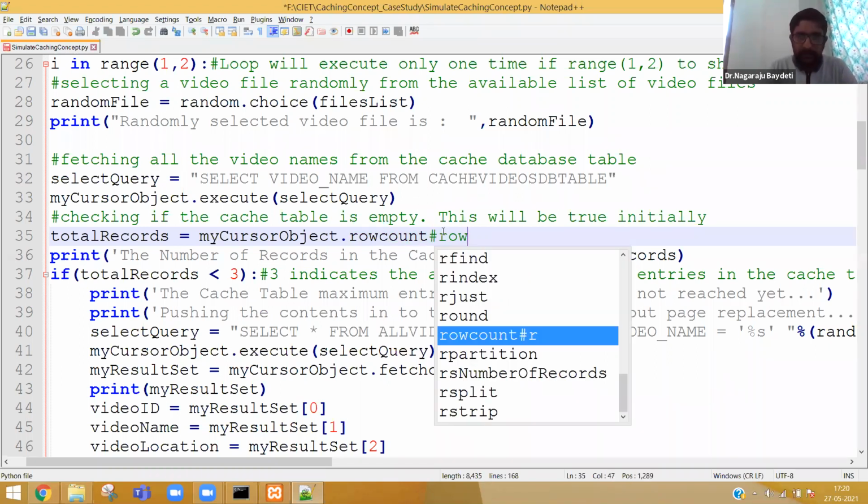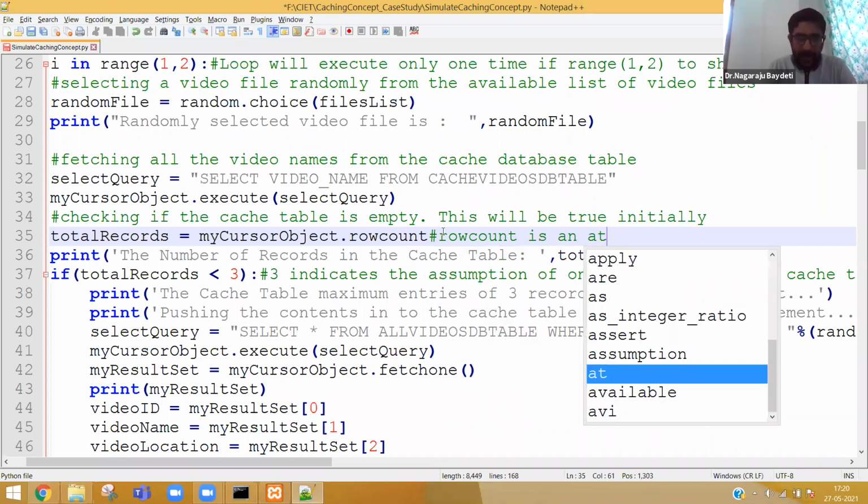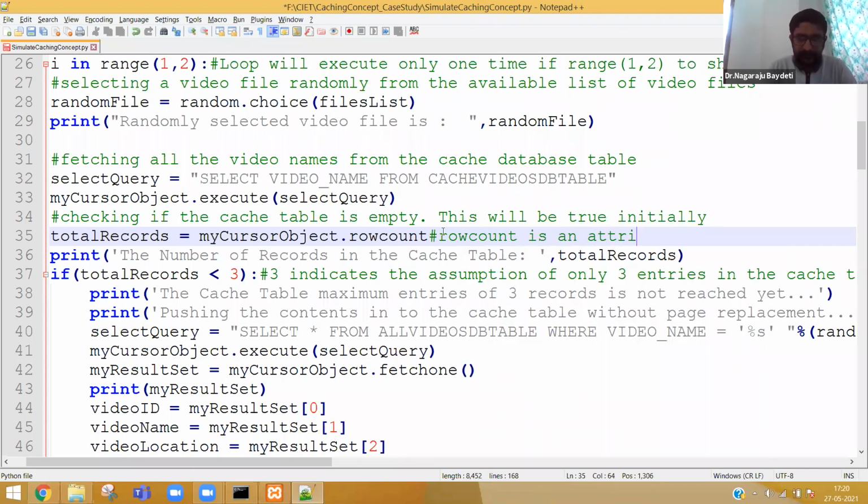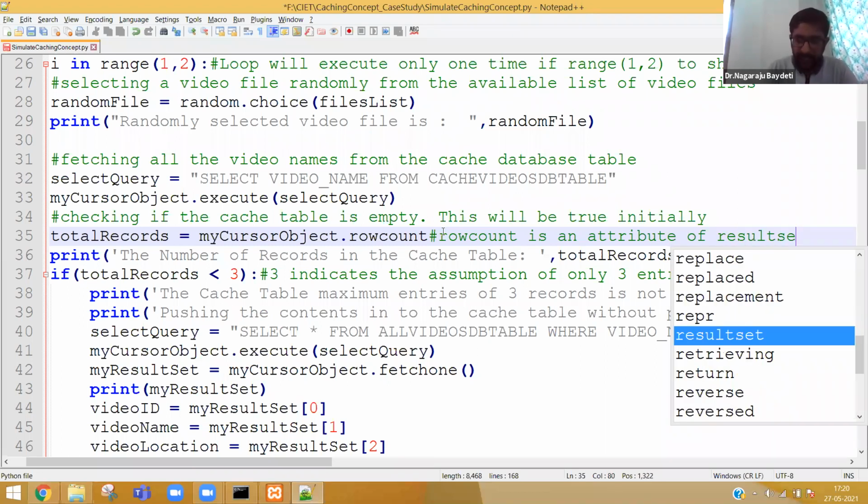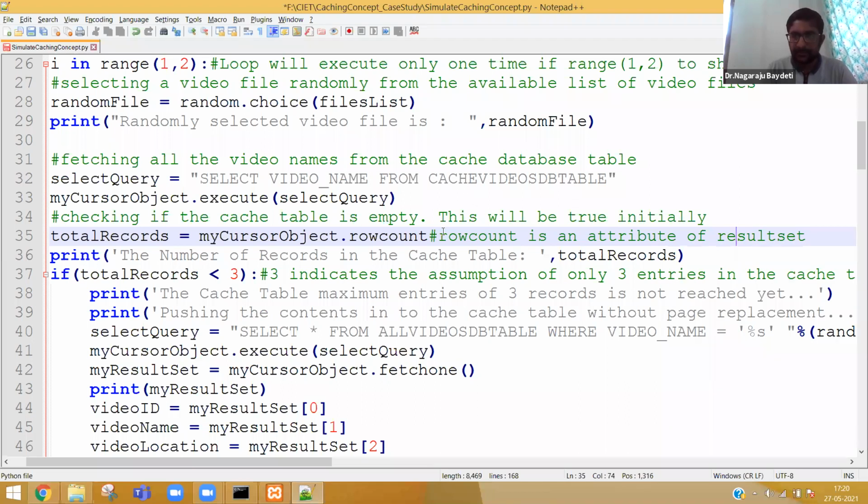Row count is an attribute of result set, basically through the cursor object. So what will it do? It will give me the row count. For example, if the cache table is empty, row count will be 0. If cache table has 1, total records will be 1. So we are displaying the number of records.